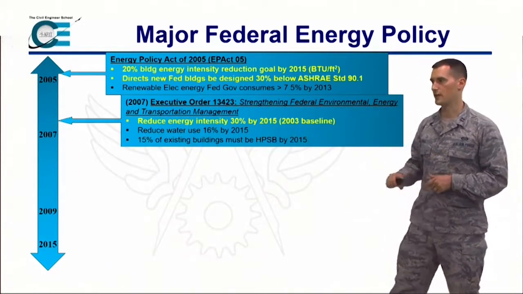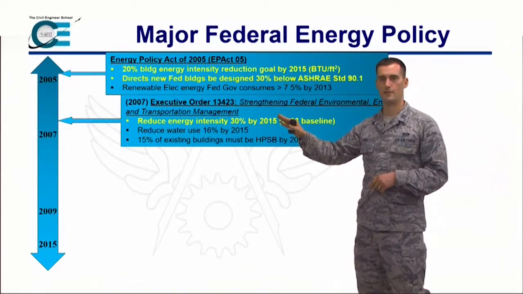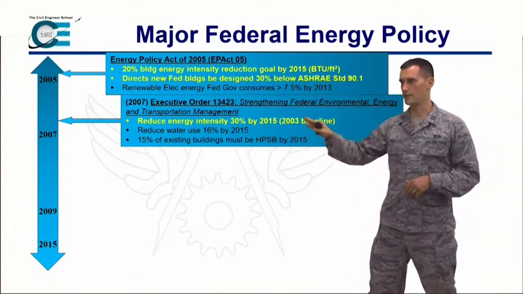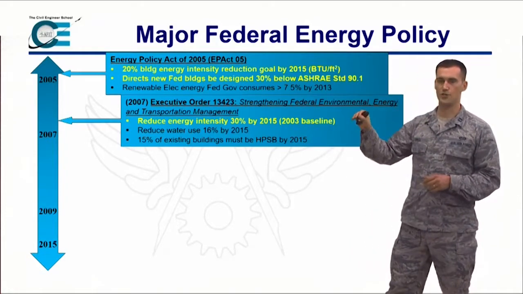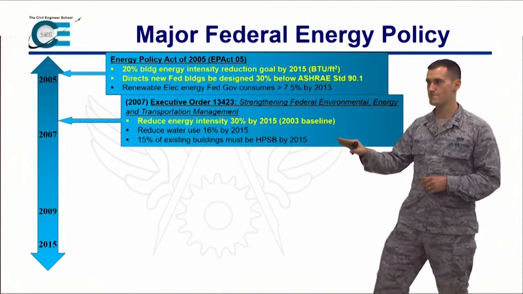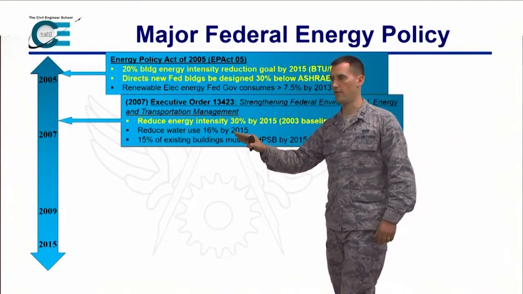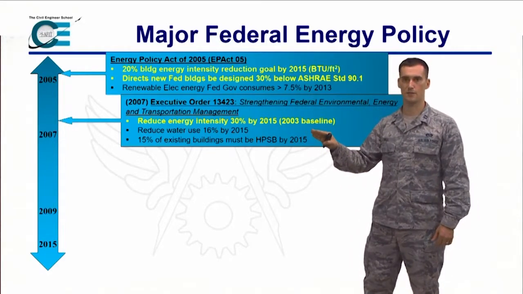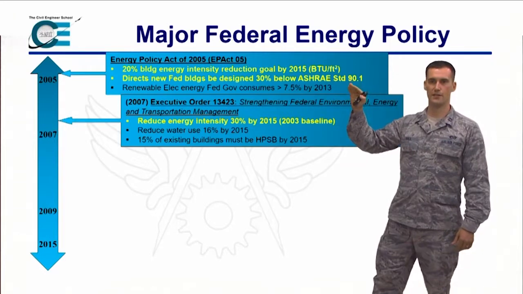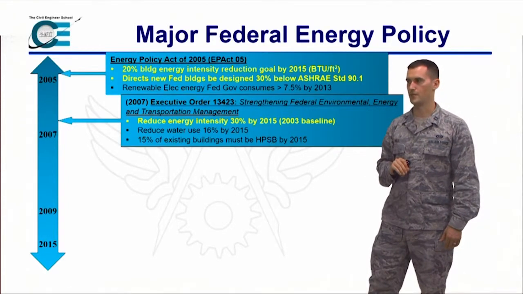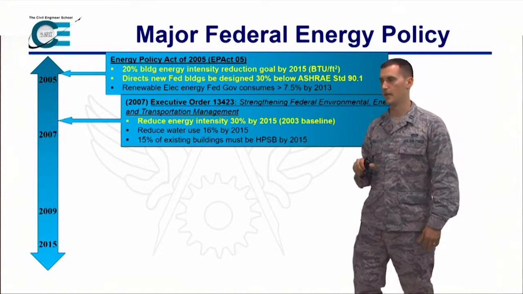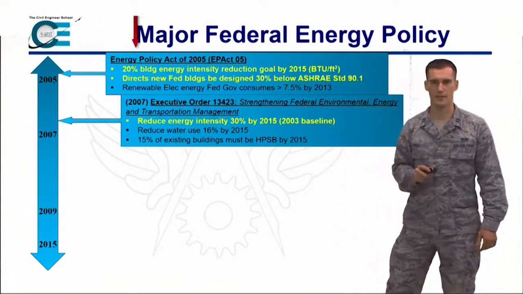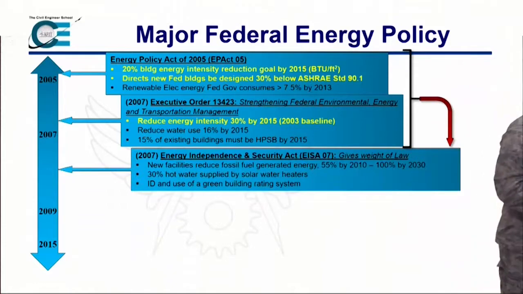Okay. So the other thing is, in 2007, the President Bush administration issued an executive order which said, you know what? We want to up our goal of energy intensity reduction to 30% by 2015. So he said, let's do better than the law. Let's go with 30%. There was also some reduced water and some other things in here, but we're not going to talk about those. But in 2007, an executive order doesn't carry the full weight of law, and so